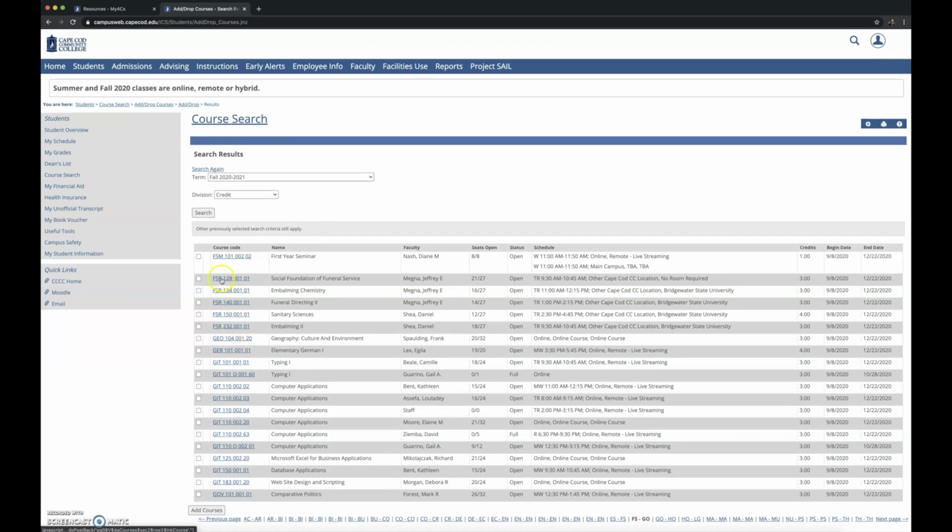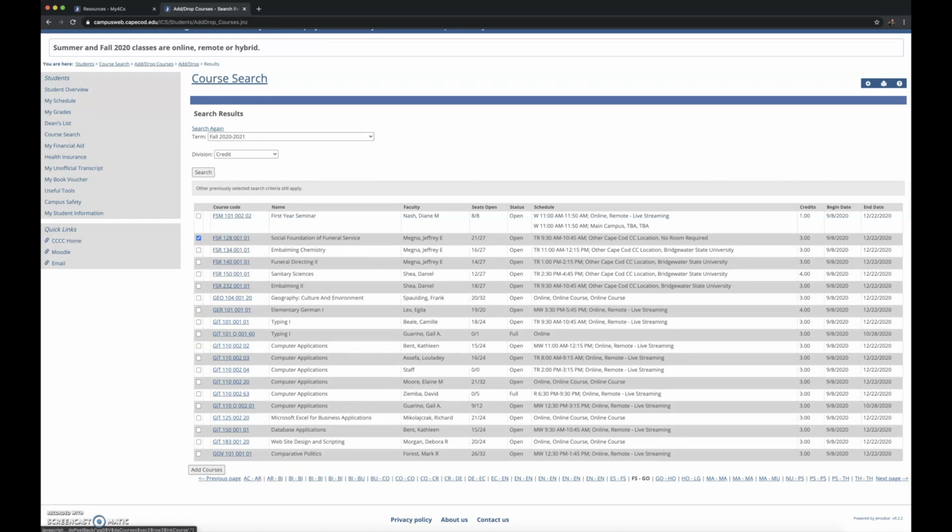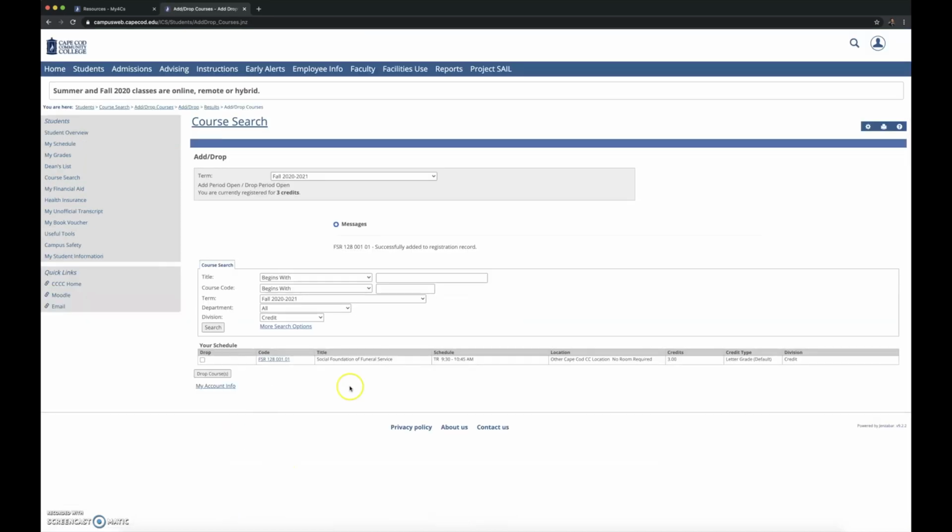We want FSR 128, so we can just check this checkbox next to it. Okay, that's going to provide you access. You can check off as many as you want. You can see down here where it says add courses, we're going to add FSR 128 to our cart. So add courses, and that's going to add it there. So now I want to add